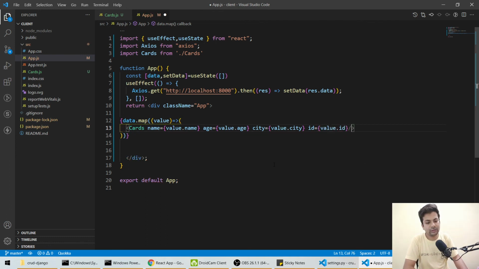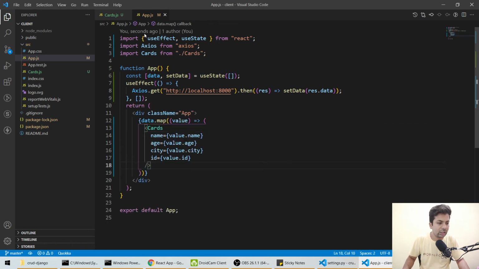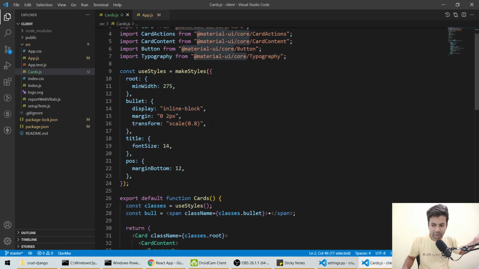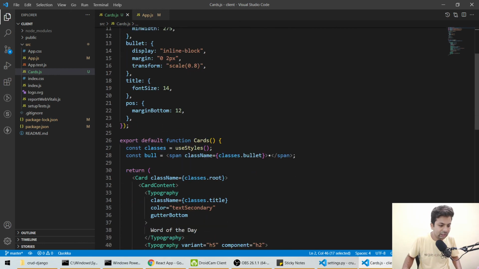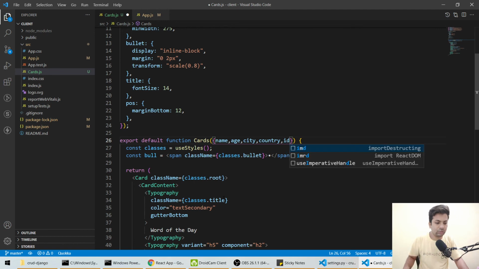Like this we can send the data to the cards, but on the card side we have to receive the data also. So we'll come here in the Cards and receive all the data: name, age, city, country, id. So these data we are getting.